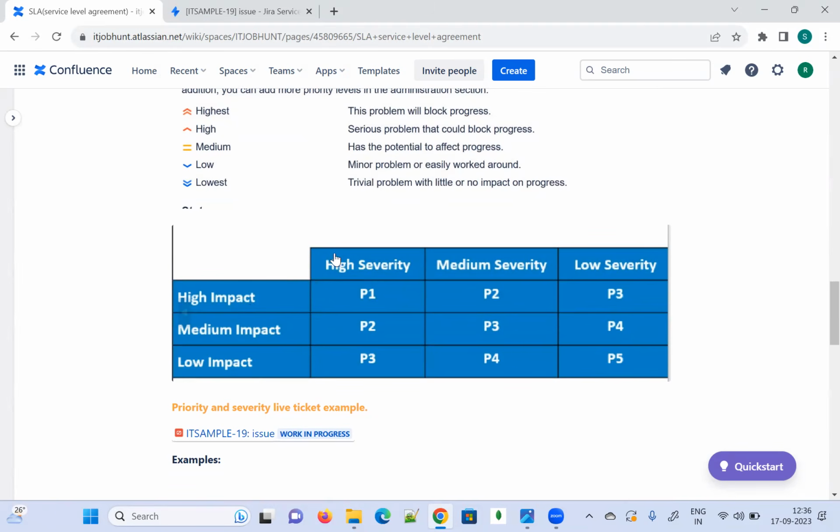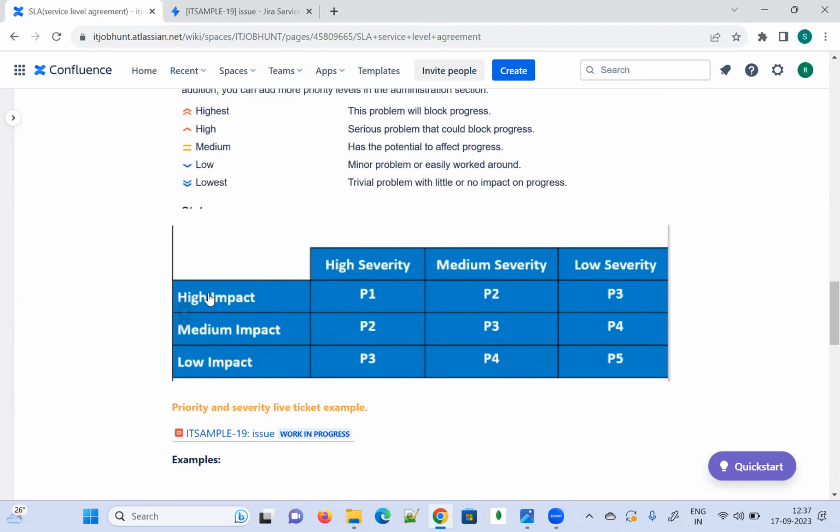And let me show what kind of tickets we are going to raise in real time while working in the IT industry in L2 production support or L1 production support. Let me help you to understand it here.